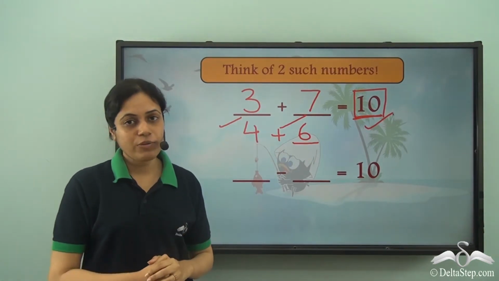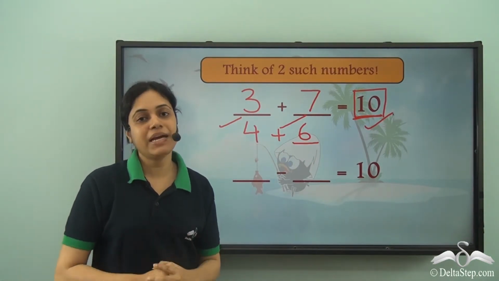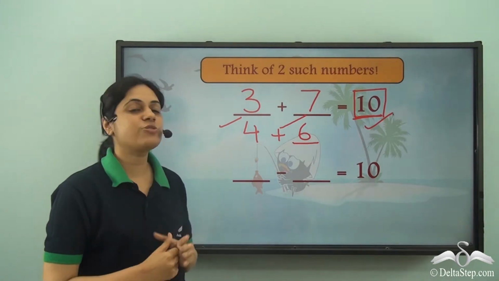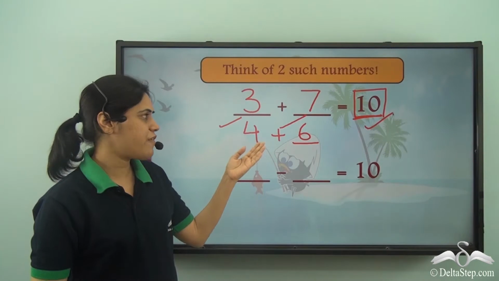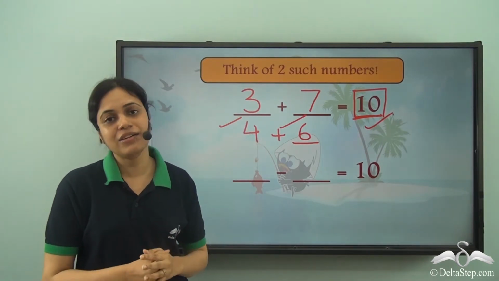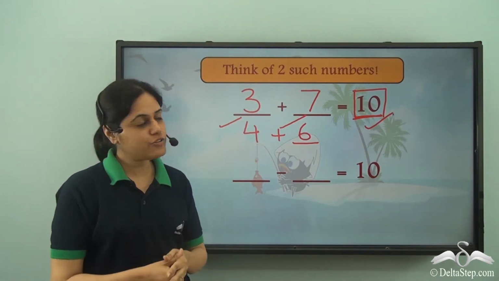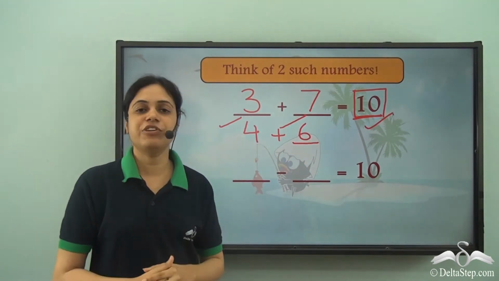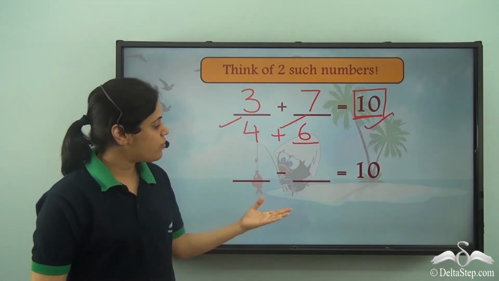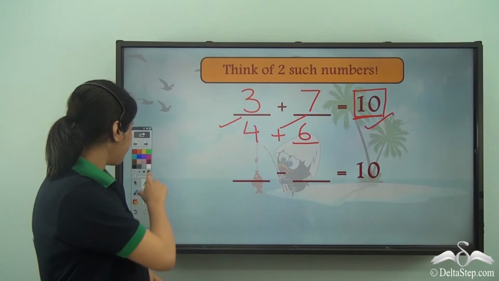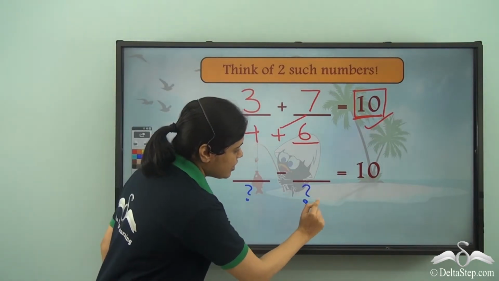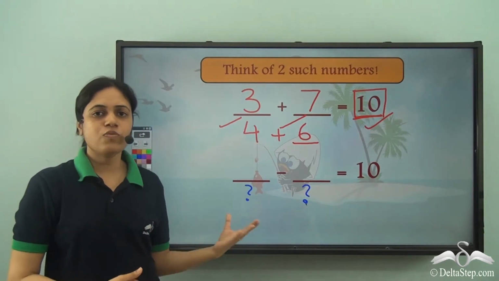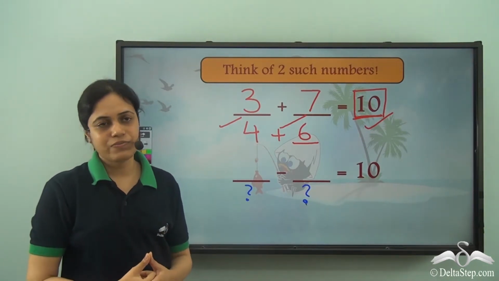So there cannot be just one, but many right answers to such problems where you have two missing numbers. So try out for 5, 6, 7 and the other numbers less than 10, and you will see that you get different answers. Now what about this? Some number minus some number gives us 10. So what will be these numbers?